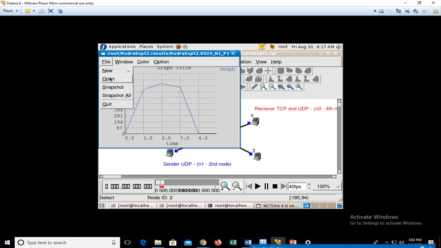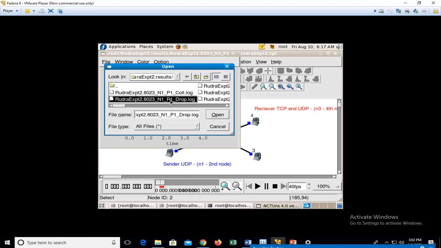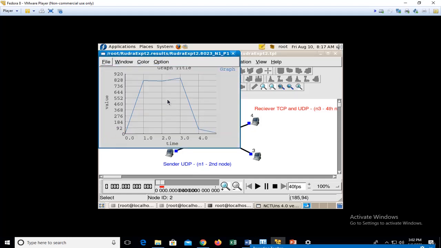If I want to check any other, let me check if there are any drops. In this case you can see that some packets are being received by node 1, due to which you are seeing some drop of the packets. Has any collision occurred at this point? You can see that in this graph there is collision also occurring. That is the information being provided, and since we had specified around 40, if I scale it down, this is the overall graph that is represented.